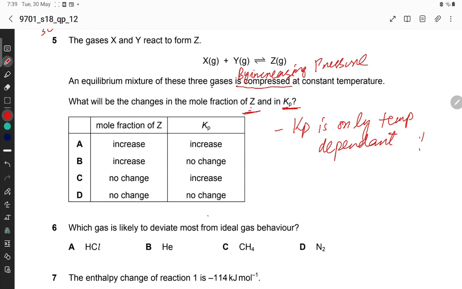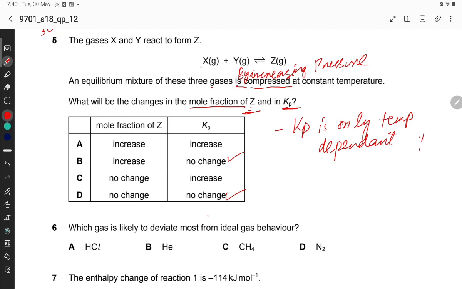So by increasing pressure there is no change. Now come to the mole fraction of Z. What will be the change in the mole fraction of Z and Kp? In case of Kp there is no change by increasing pressure, but in case of mole fraction of Z,